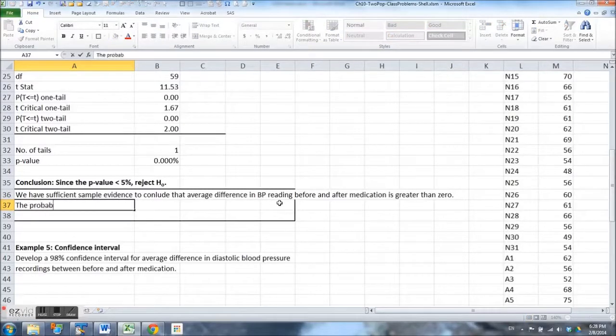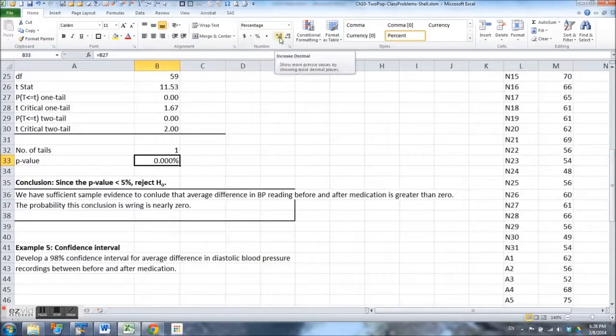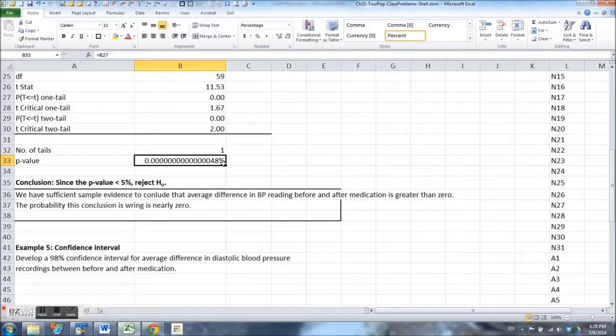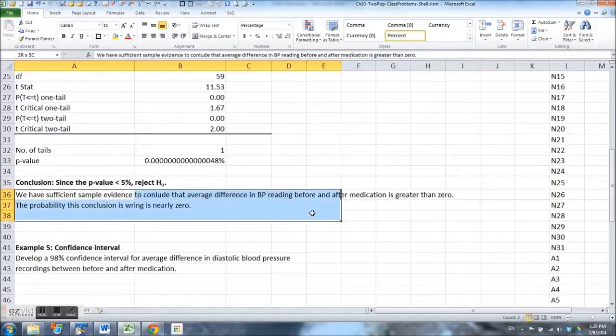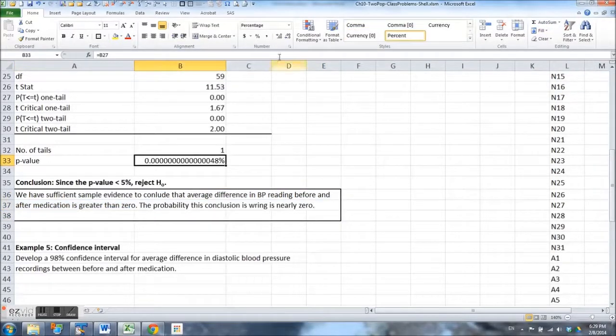The probability this conclusion is wrong is nearly 0. So this is not exactly 0, though it appears to be 0, but in statistics it cannot be exactly equal to 0. So if you go far enough, you will find that there you saw it. There is a non-zero digit there. So justify text. Let's put this back to